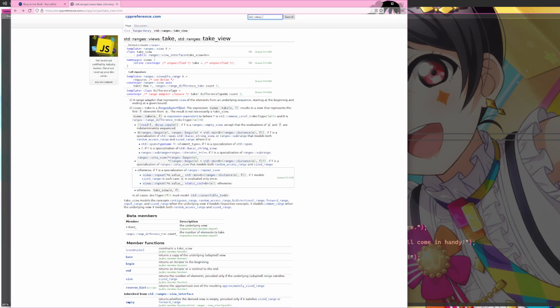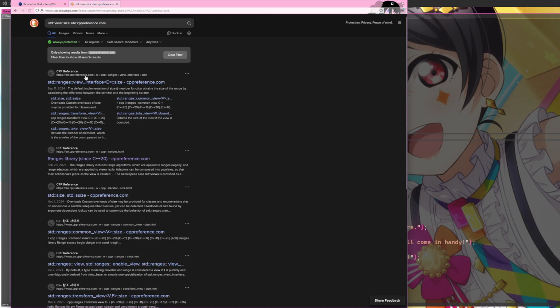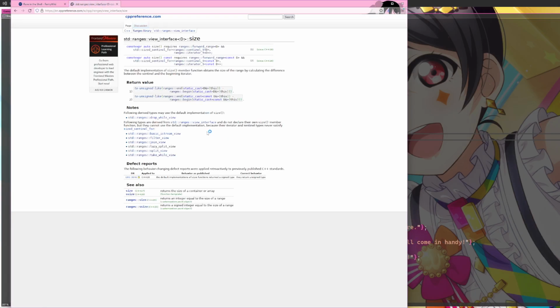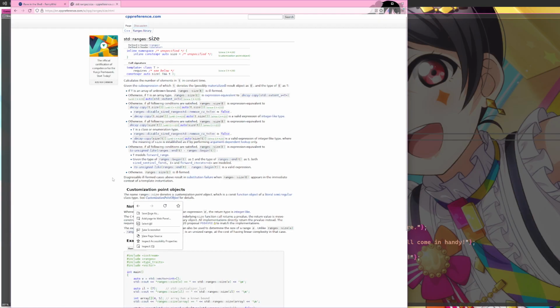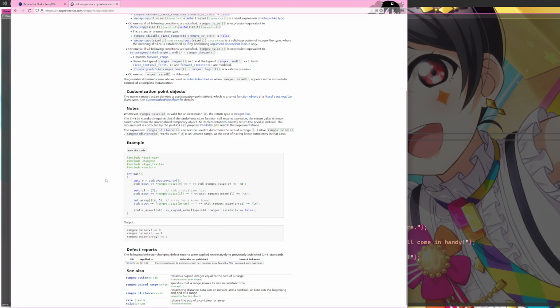Standard view size. The default implementation of size member function obtains the size of the range by calculating the difference between the sentinel and the beginning iterator. Returns an integer equal to the size of a range. Standard ranges size. That doesn't make any sense.